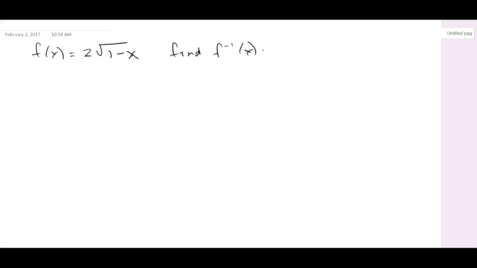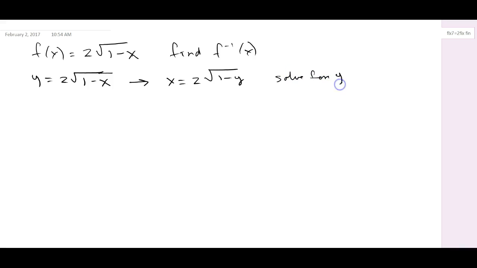So the first thing you do with all these problems is let y equal 2 times the square root of 1 minus x. And with all these functions, inverses, the first thing you do is change your x and y terms. So this now becomes x equals 2 times the square root of 1 minus y. Now we solve